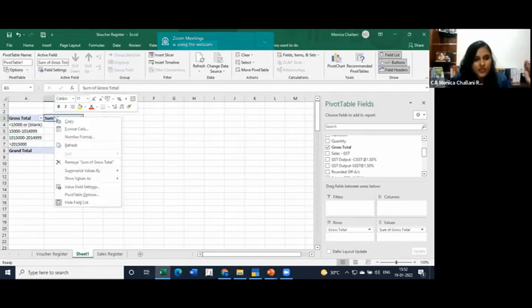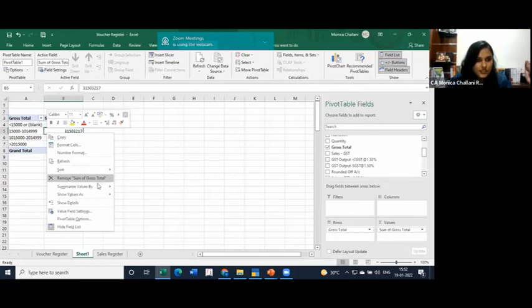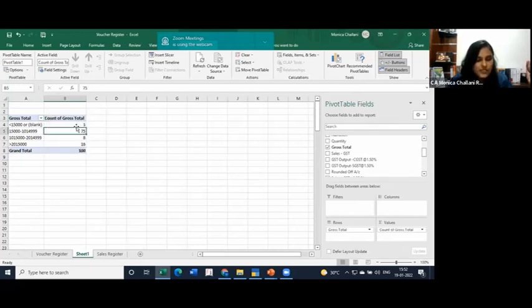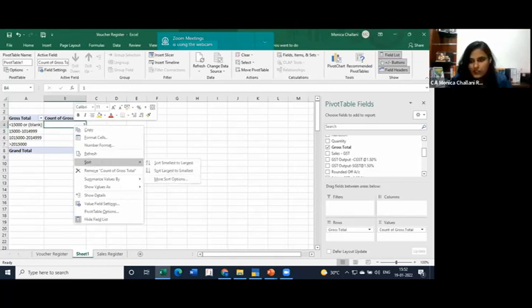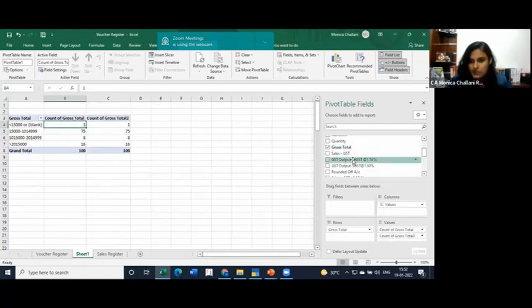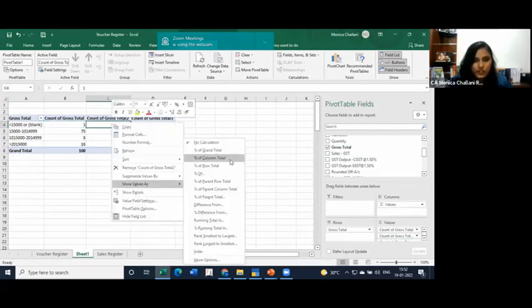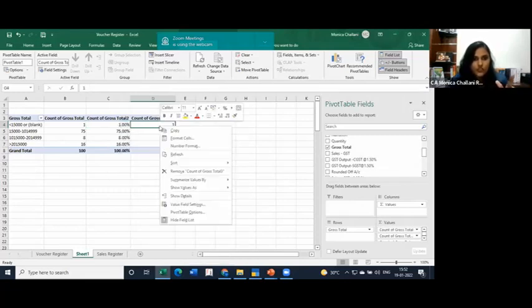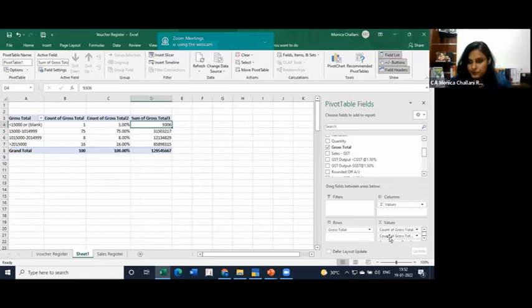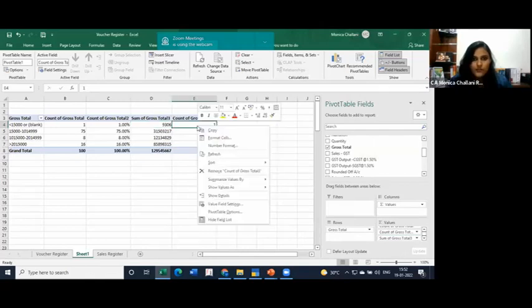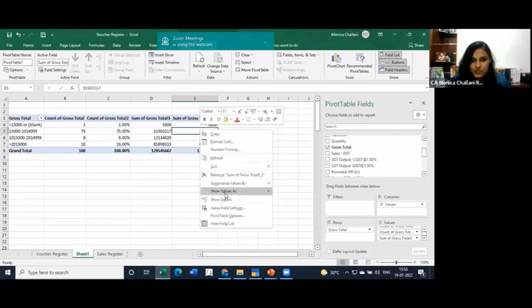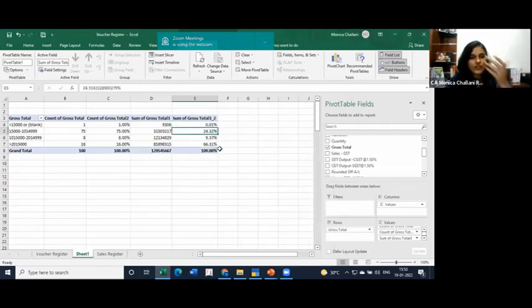Now, sum does not make sense to me right now, so I will just change it to count. Let's have sum also. I will add some more columns of this. I will add this itself again. Now this will be show value as percentage of grand total, and show value as sum. I will add this again and show this as sum again, and I will say percentage of grand total or column total, as the case may be, since we do not have many. So now if you see,